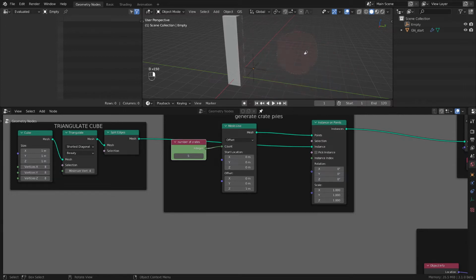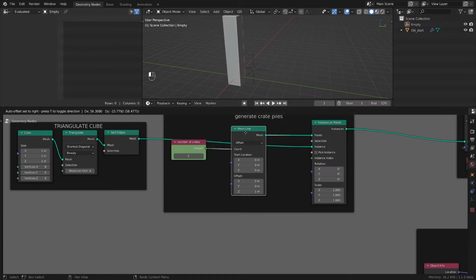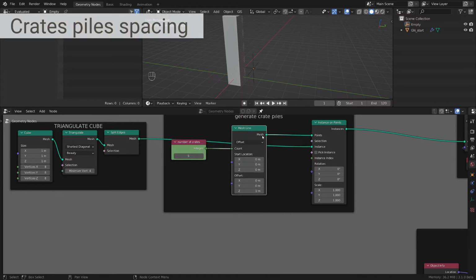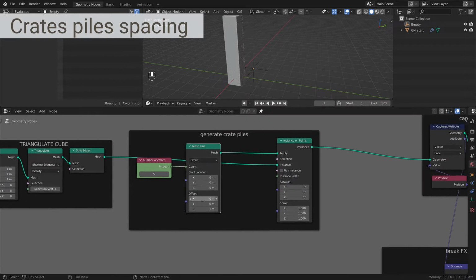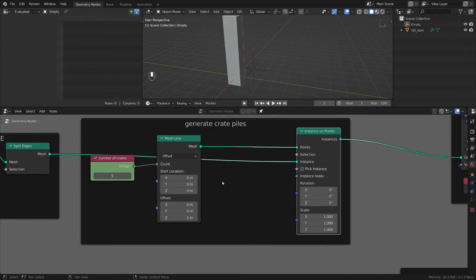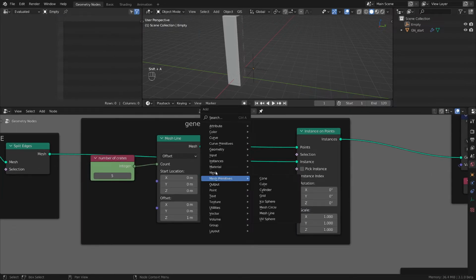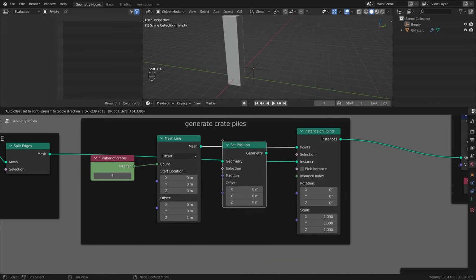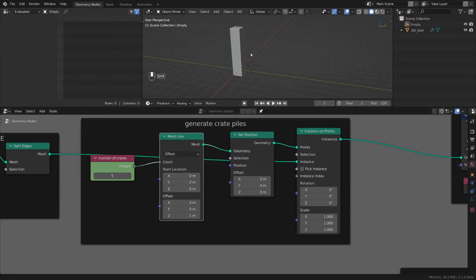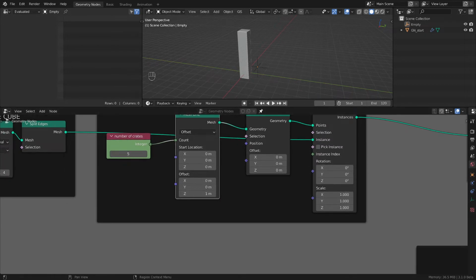So basically we want to add a lot of controls to this. So let's get to the first one and do the pile spacing. So how can we do this? Well, we want to control the position of these points. So I'm gonna do a geometry set position and plug it here to control the points of this line. And now we can play with